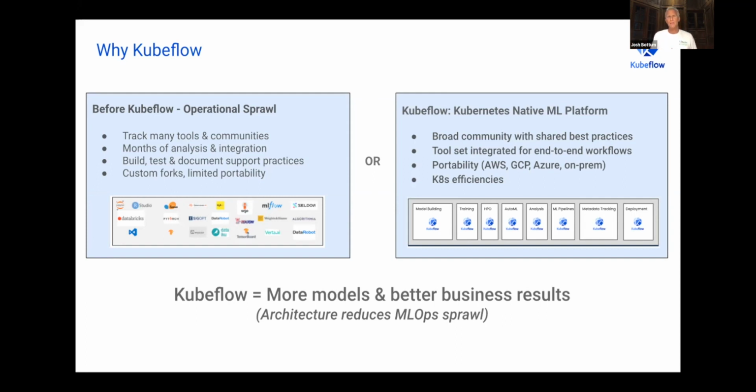Kubeflow, as many of you probably know, was started from an architectural design of being a Kubernetes native machine learning platform. What I really like about it, it has a pretty broad community of shared best practices. It has a tool set for integrated workflows, and because of Kubernetes, allows portability between different public and private clouds, as well as the Kubernetes efficiencies, which tend to be pretty helpful when you're doing different types of machine learning